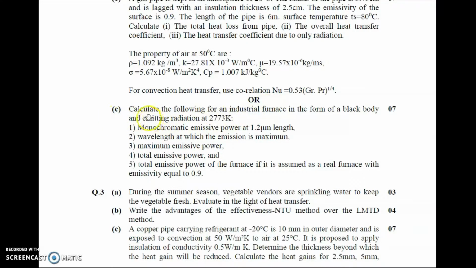The data given here is: calculate the following for an industrial furnace, in terms of a black body and emitting radiations at 2773 Kelvin. First, monochromatic emissive power at 1.2 micrometer wavelength. Second, wavelength at which the emission is maximum. The third is maximum emissive power. The fourth one is total emissive power. And the fifth one is total emissive power of the furnace if it is assumed as a real furnace with